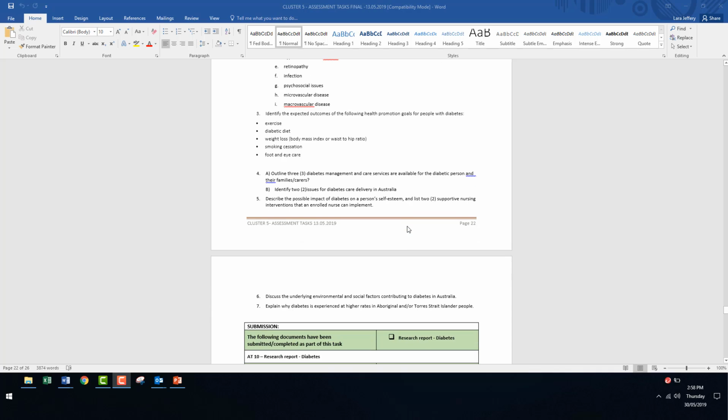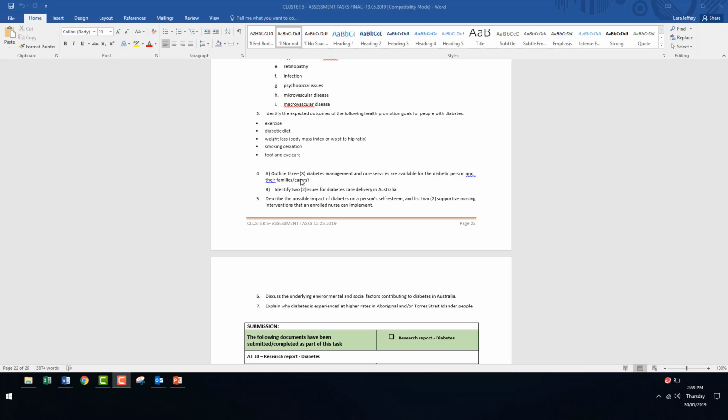Okay, question 4, outline 3 diabetes management and care services that are available for diabetic persons and their families and carers. Okay, so here we want you to tell us 3 different services that are available to manage diabetes, to help assist people to manage diabetes. Okay,